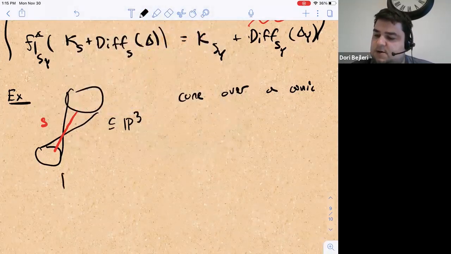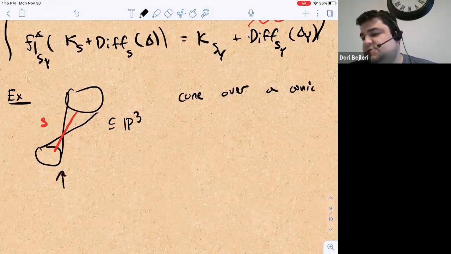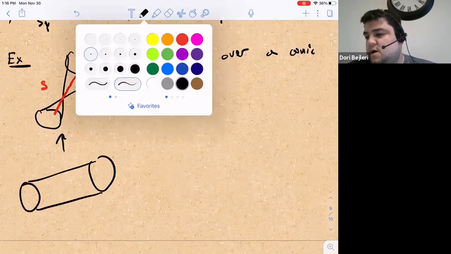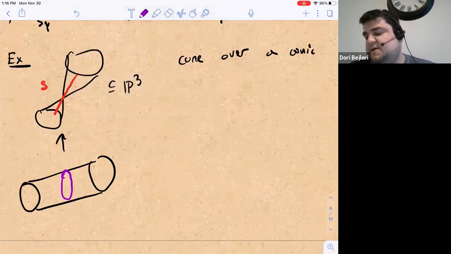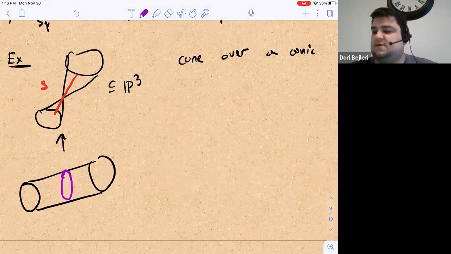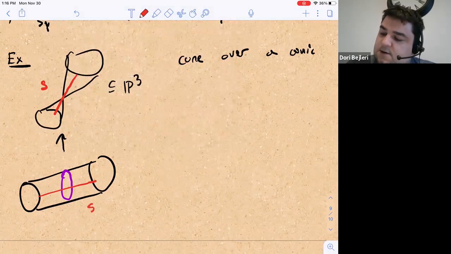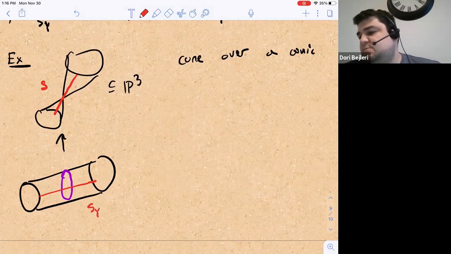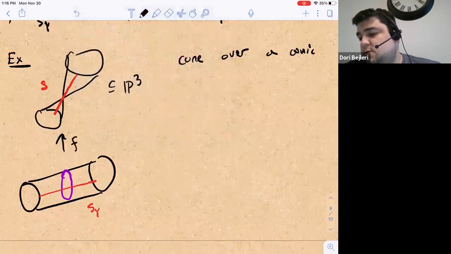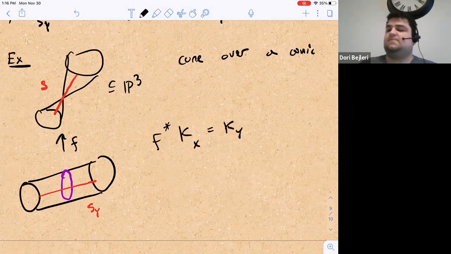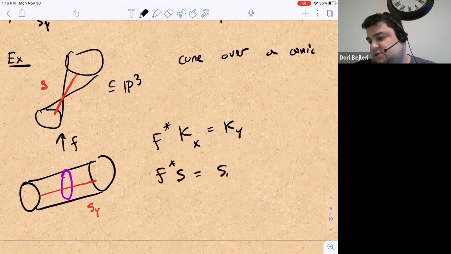Then if we take a resolution here, wrong way. If we take a log resolution of this, then this is a computation I think that we did. But what do we get? Well, we get our conic curve here. It's inside the total space of the normal bundle of the curve inside of P². The strict transform looks like that. So there's our S_Y. What's the pullback? Well, the pullback of K_X, it turns out, is just K_Y. This resolution doesn't change the canonical. It's one of these canonical singularities. It's an A1 singularity. And the pullback of S is the strict transform plus 1/2 the